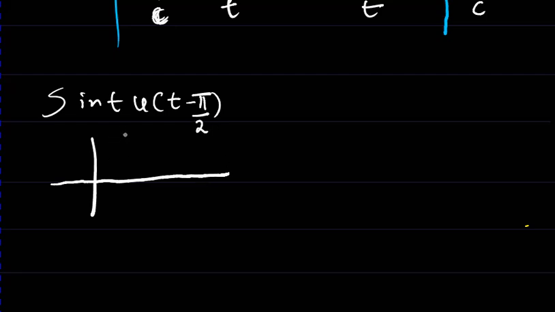Okay, so this is pi all over 2. So this is actually going to be the interval at this point. This is the point where the function actually turns on. So this is the graph of sine t,